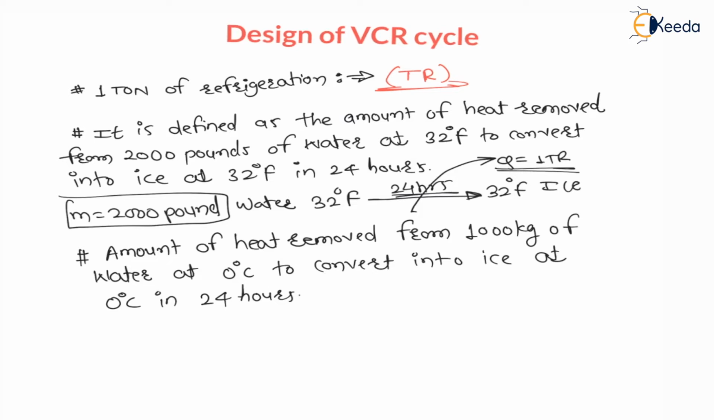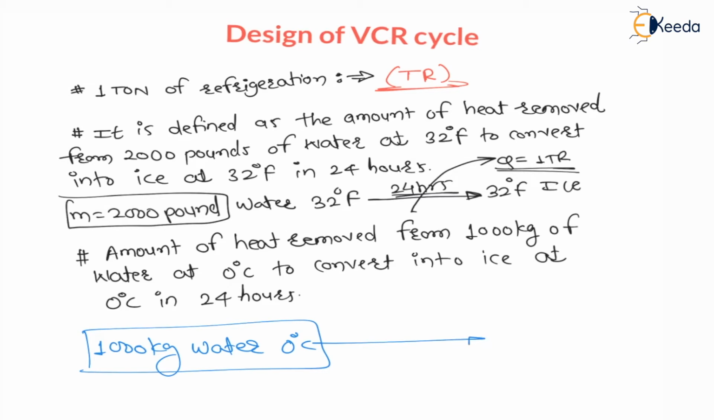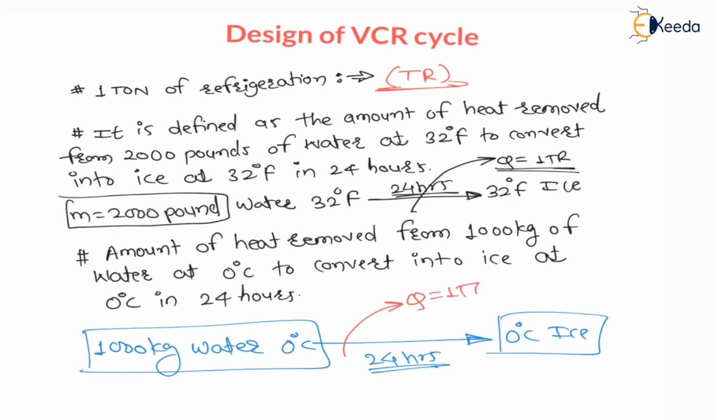That means the mass of water is 1000 kg. We have 1000 kg of water which is at 0 degree Celsius, and this water we have to convert into 0 degree Celsius ice, and the time given is 24 hours. Then the amount of heat required to be removed from the water is called 1 ton of